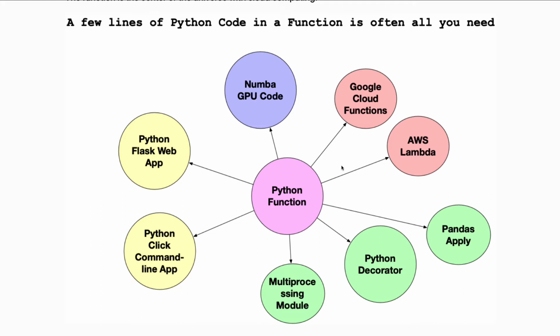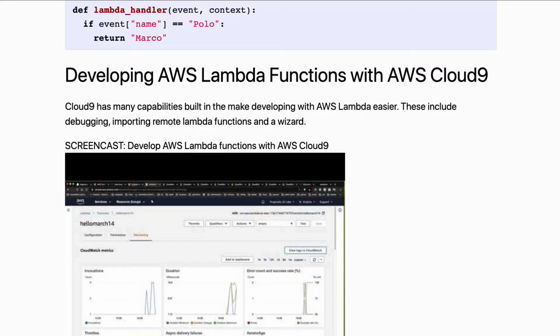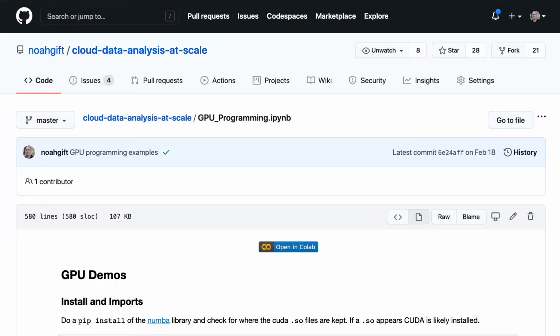And in fact, what I wanted to show you was an example here of doing some GPU programming,